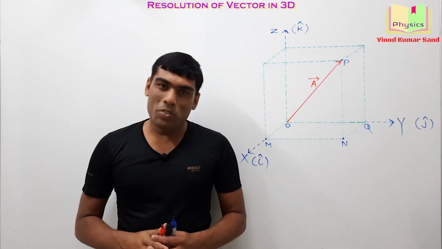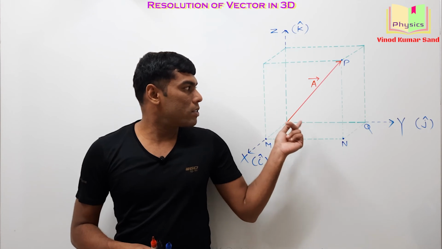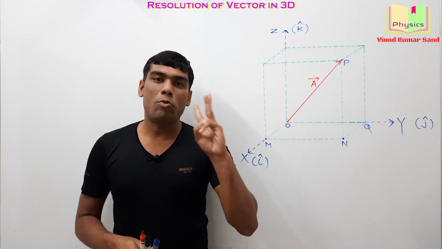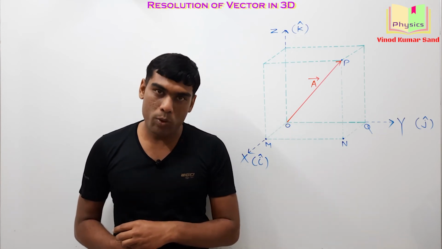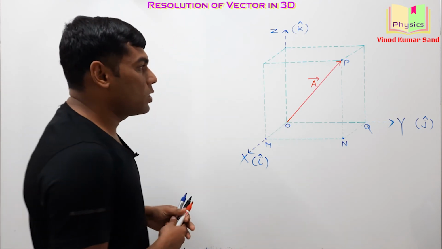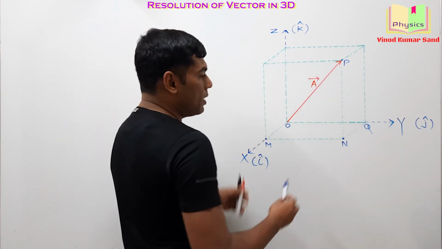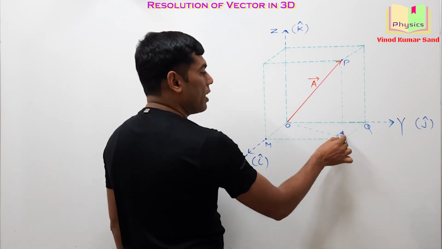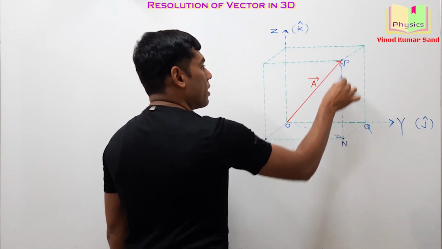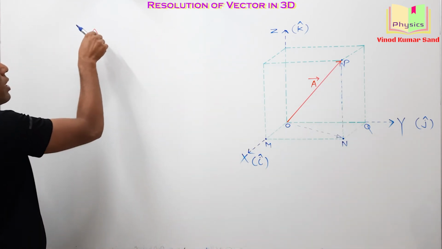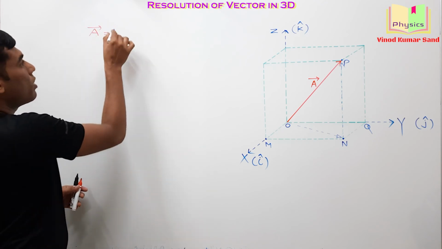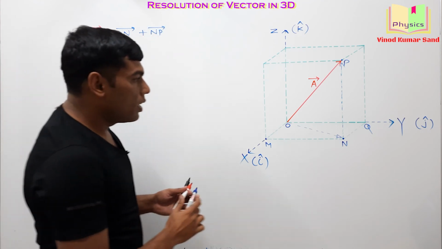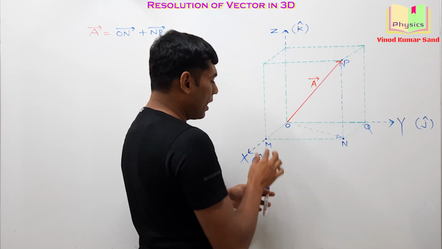Here is the last topic of this video, the rectangular components of a vector in three-dimensional space. We know that in 3D, we can have maximum 3 rectangular components of a given vector. So I'm doing the derivations. This A vector can be represented as a summation of 2 vectors, ON vector and the NP vector. Do you agree? I mean to write that A vector is equal to ON vector plus NP vector. Okay. The ON vector is in XY plane.